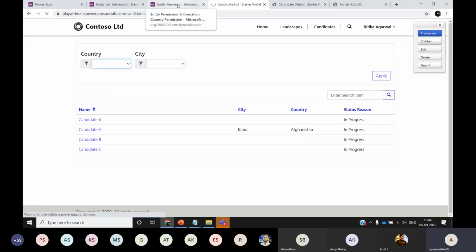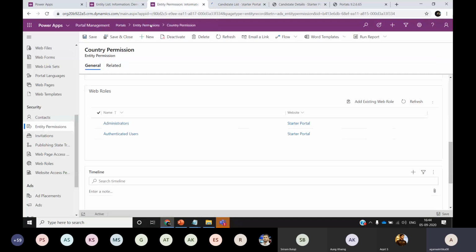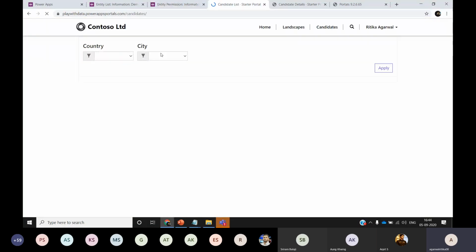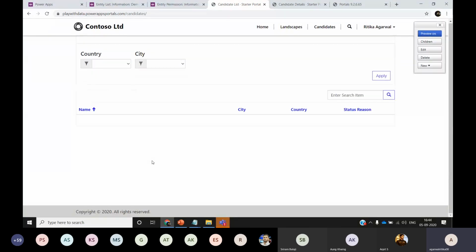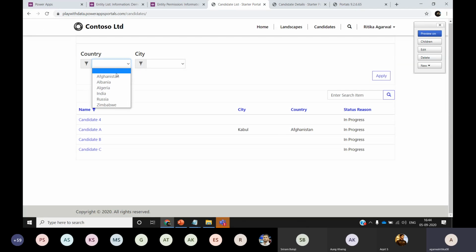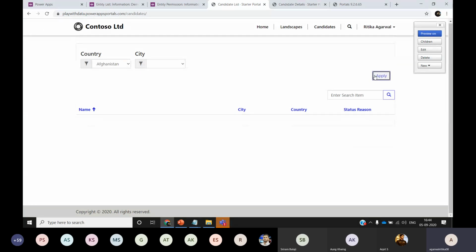For now I just created the entity permission for country, so city will still be empty, but I can see the details or the options that are available for country here. So if I, let's say, want, so we have one data for Afghanistan, I'll select that and apply the filter. So this way you can add a number of filters here in case you want to filter it out, or you want to give an option to be able to filter this data.